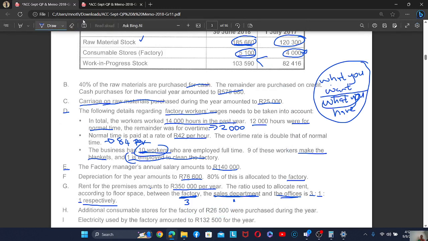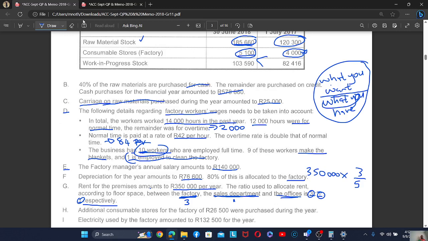Let's do the calculations. By adding these together, they are giving you 5, right? Yes. So actually this means that the ratio of the factory is 3/5. You agree? Yes. So now we need to find that. So the rent is 350,000